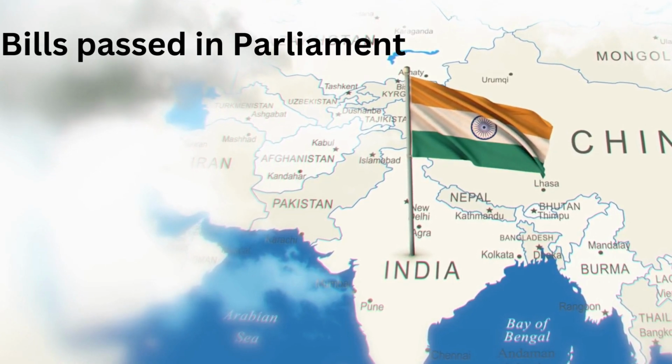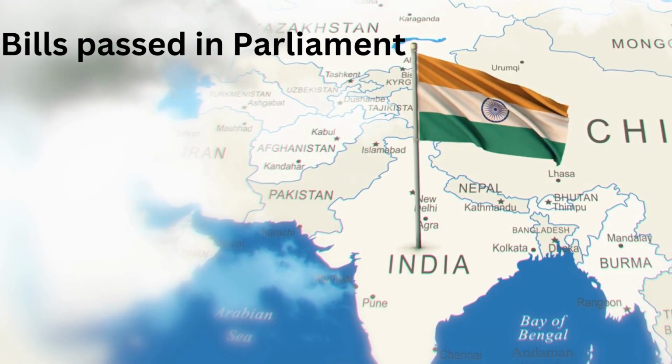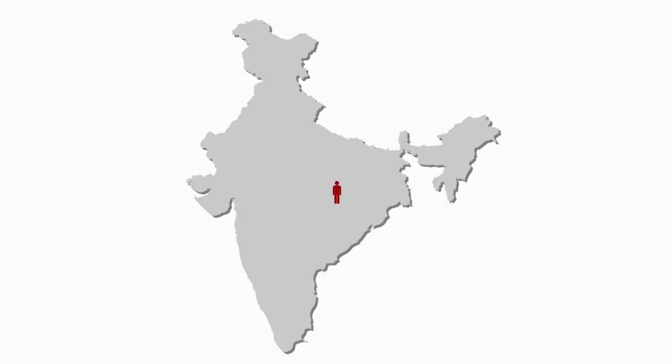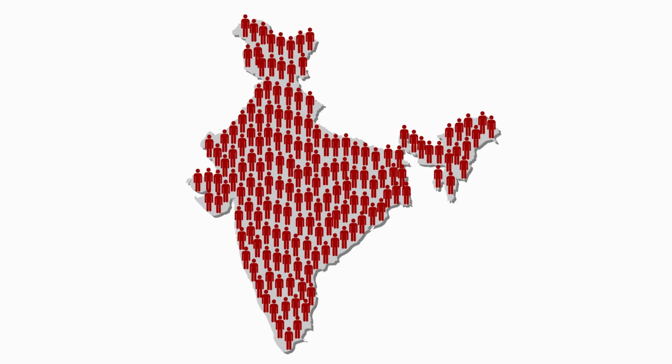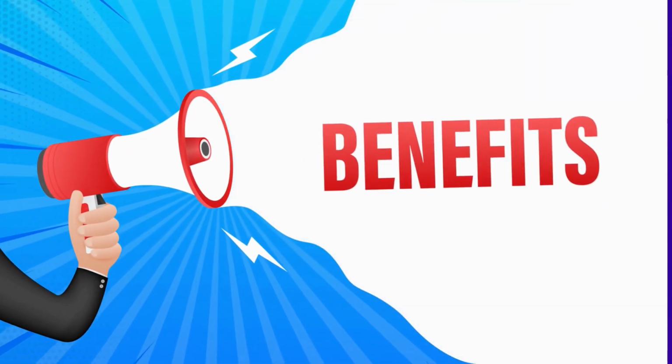Some constitutional amendments can also be passed by simple majority. For example, establishment of states, changing the names or boundaries of states, creation or abolition of a state's legislative council, that is the Vidhan Parishad, deciding the quorum of the parliament, which decides the minimum number of members that are needed for the parliament to function, or the bills which pertain to second schedule of the constitution that deals with